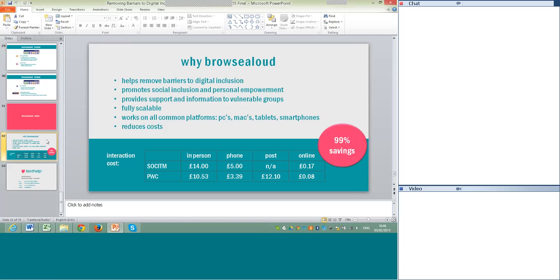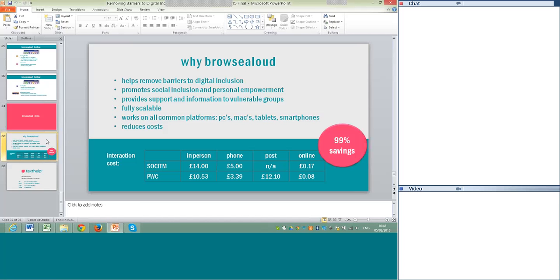I've said already that it works on all common platforms, but one of the things which should also be considered is that the cost of interaction, the cost of actually working online compared to doing something in person where somebody comes into an office, is like 99% less. So it's a cost-effective thing.